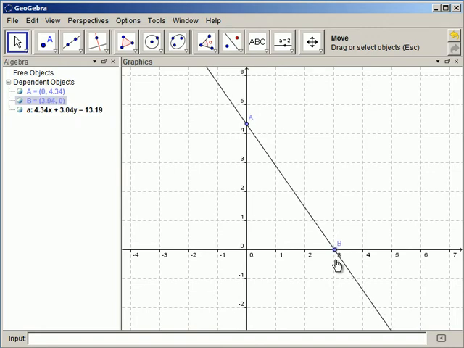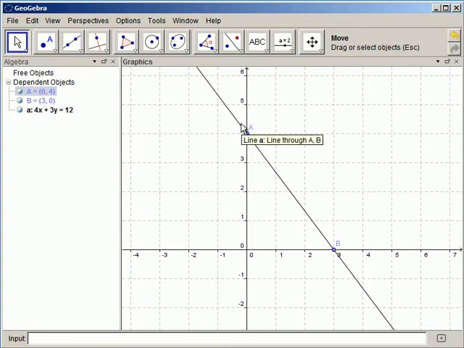So, for instance, if I slide this point until it comes to the 3, notice that it clicks in there. And if I put this on the 4, there, it clicks in there. And notice that 4x plus 3y equals 12 is, again, like that. So, the goal here is, with the equation in this form, so it's something x plus something y equals something, and if I put a point on each axis, and if I look at the coordinates of those 2 points,